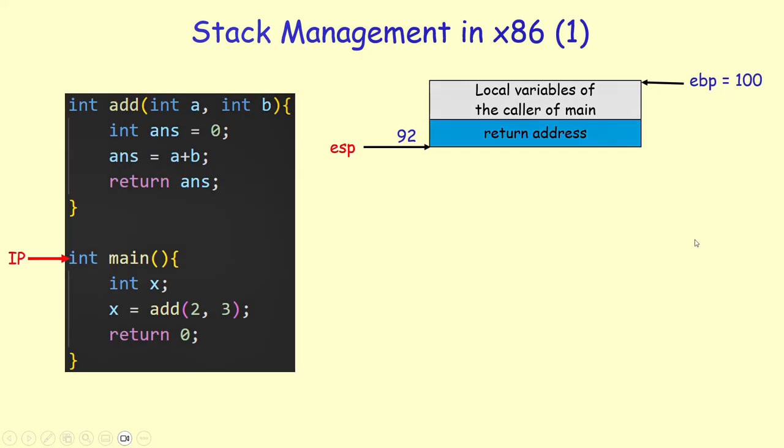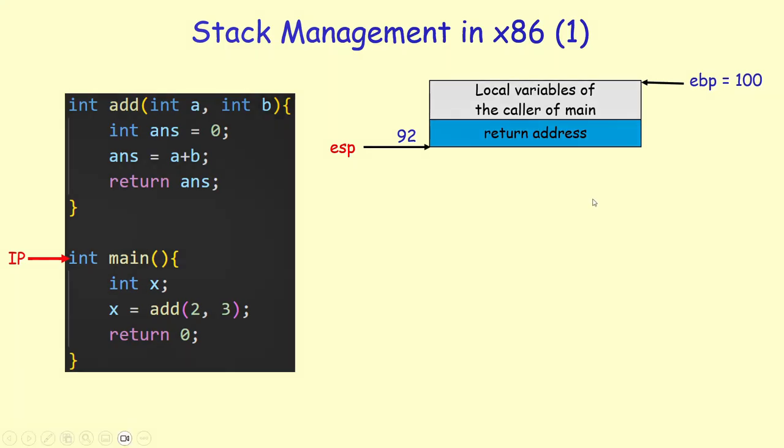In this video, my goal is to illustrate how x86 architecture manages the stack as we make function calls. Remember, the stack maintains or keeps track of the local variables and the parameters of a function while the function is executed. So these variables will be automatically allocated when we make the function call, and they will be automatically deallocated when we return from the function. That's why parameters and local variables are called automatic variables.